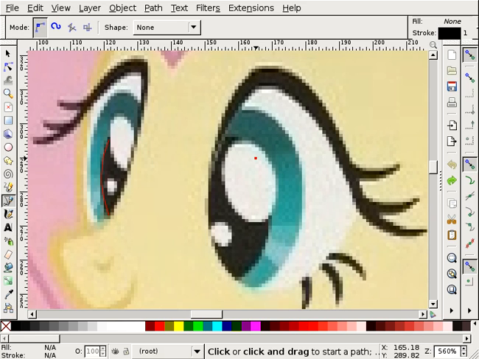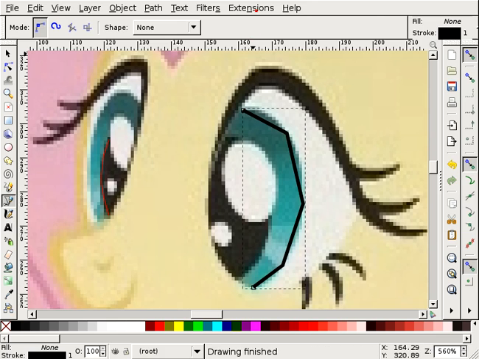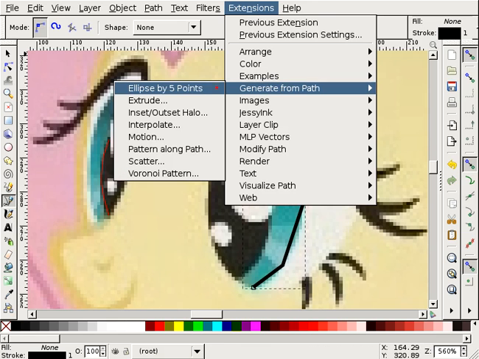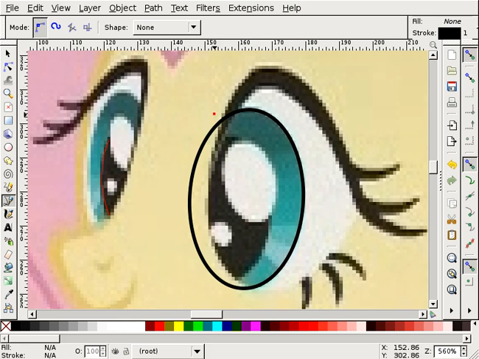Hello everybody, in this video I'll be demonstrating an Inkscape extension I wrote called Ellipse by 5 points. You can get the download link in the description, and here's how it works. You draw a path with 5 control points, then you go to Extensions, Generate from Path, Ellipse by 5 points. It does some math and gives you back an ellipse that goes through all 5 of the points that you